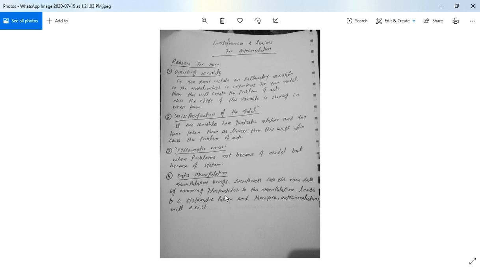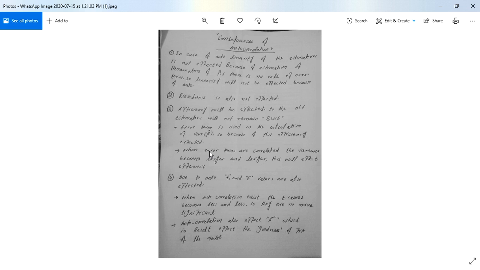Whether we take log, averages, or growth rate, all these methods remove the fluctuation from our data. So in this way, our data has a systematic pattern. Whenever there is smoothness in the data, this may also create the problem of autocorrelation. So these are the four basic reasons for the occurrence of autocorrelation in the data.